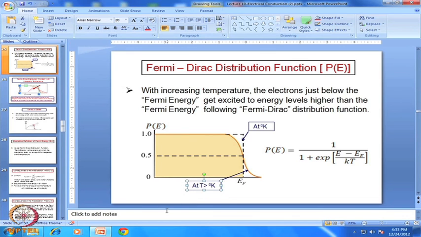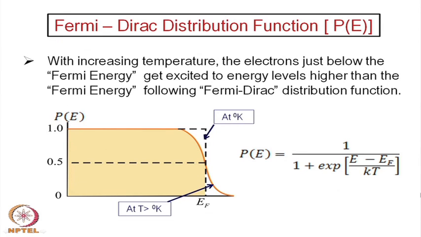At T greater than 0 degree Kelvin, this is at 0 degree Kelvin. Whereas at T greater than 0, this becomes the kind of situation. It changes more or less in this fashion. We will look into that later, in more detail. Basically, what it means,